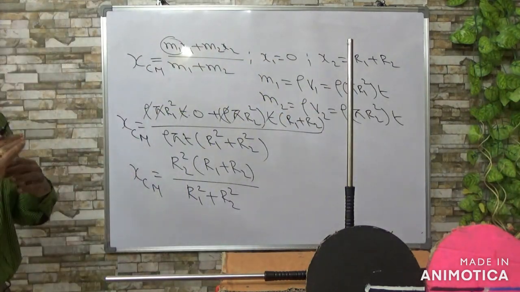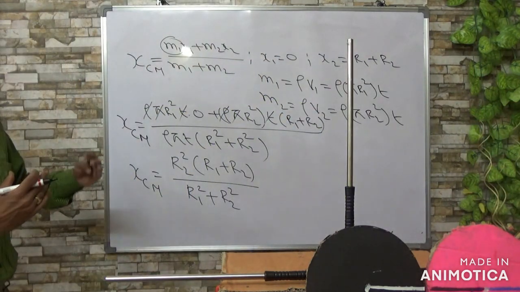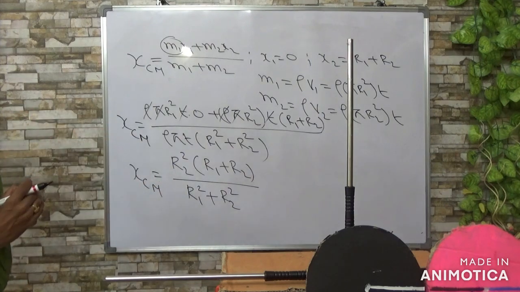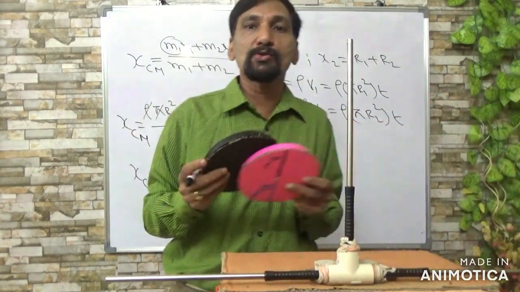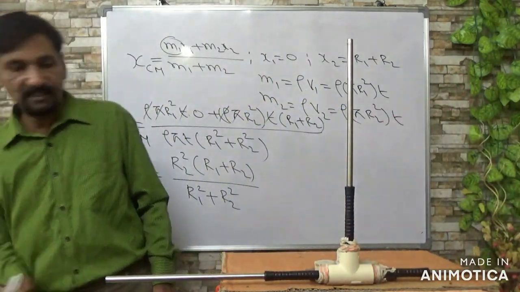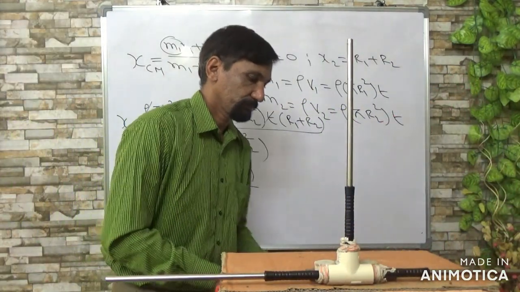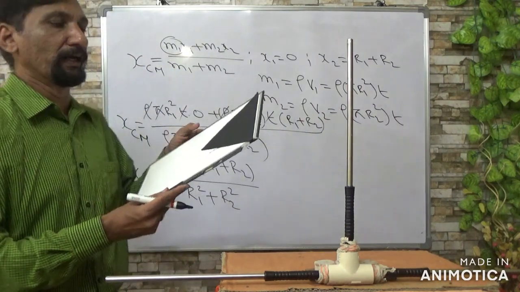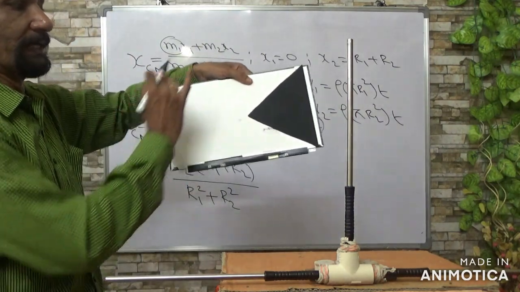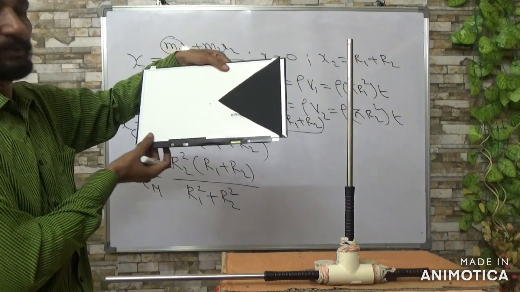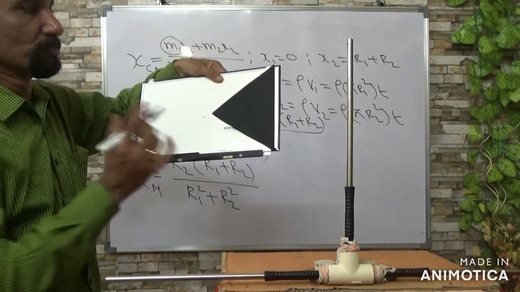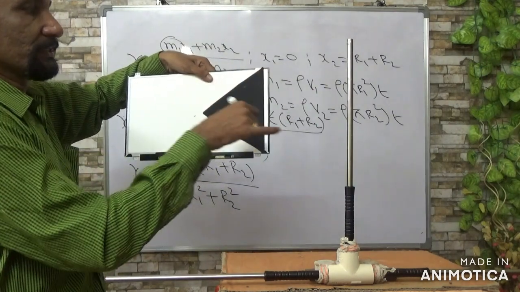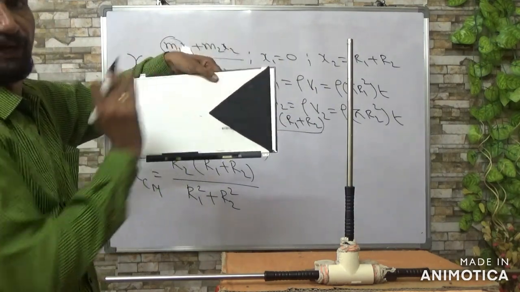Okay, so till now we studied only adding one body to another body. Now we are going to see, if a certain mass is removed from a body, how the center of mass changes. Okay, now let us take one rectangular plate of uniform thickness, uniform mass. Assume some triangular portion is cut from it, from one end.